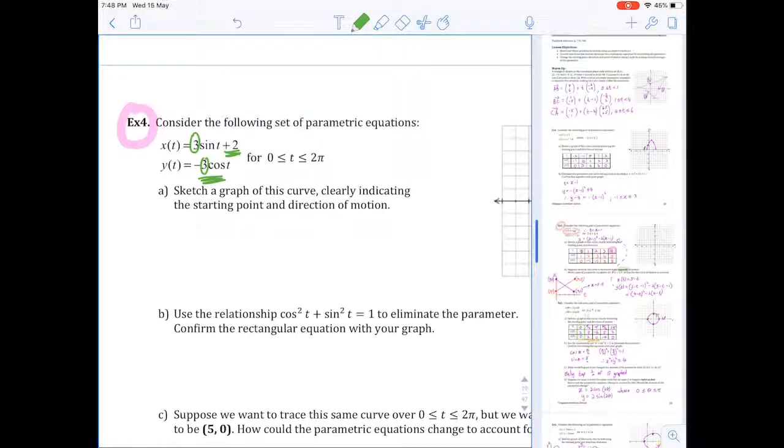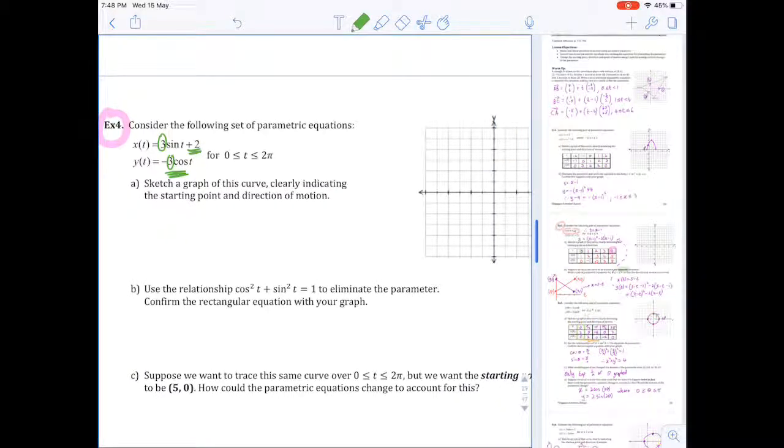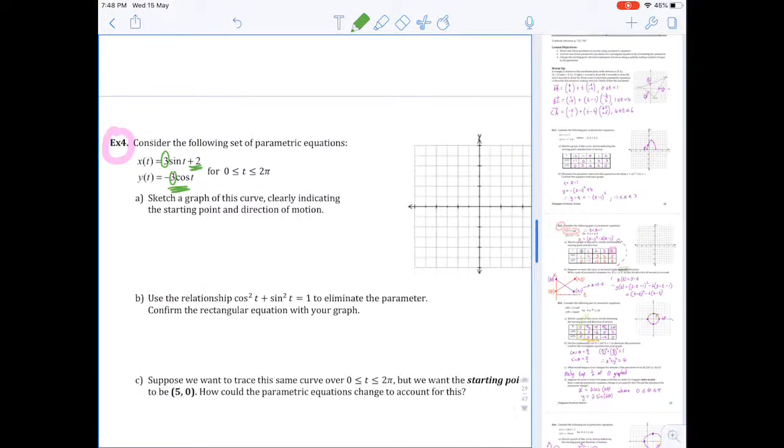Alright, if that connection is not obvious for you, then what I'm going to show you is we're going to make that connection graphically, and this would be my suggestion to you dealing with any parametrics with a trig function. In my opinion, the easiest way to understand them is to sketch yourself an xt graph with your trig function represented. Okay, like I mentioned, we have got a center line at 2, we have got a maximum for x of 5,